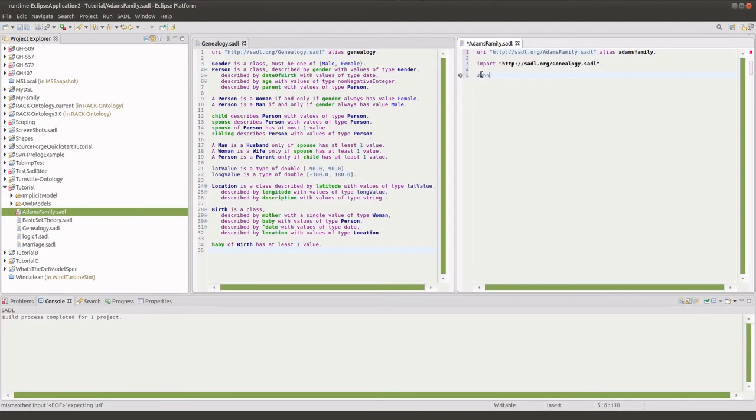We'll start out by creating an instance named John Adams. And we might as well stick in his name with a space in it, so the human readable one that you would probably use. And he is a person. We'll add some more information here. We'll say that he has gender male, that he has a date of birth of